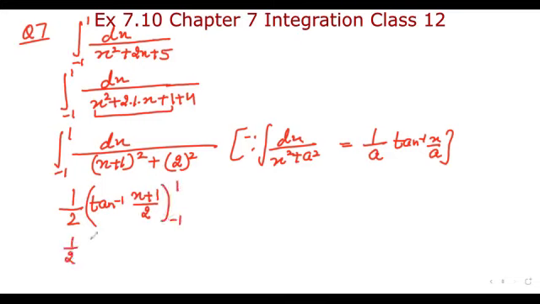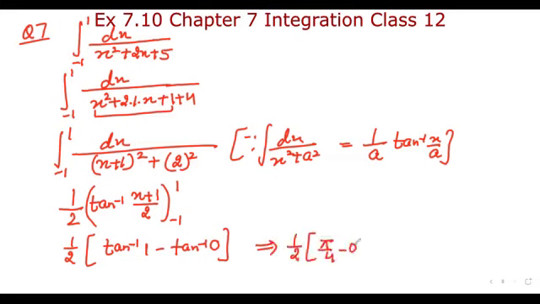This will be half. Now first I will put x as 1. So this will be 2 upon 2 means 1, minus tan inverse of minus 1 plus 1, which will become 0. So it will be 1 by 2. Tan inverse 1 is pi by 4 and tan inverse 0 is 0. So my answer for this question is going to be pi by